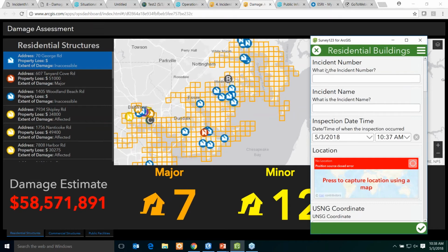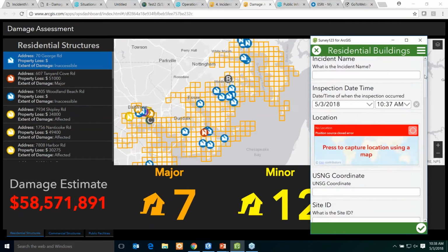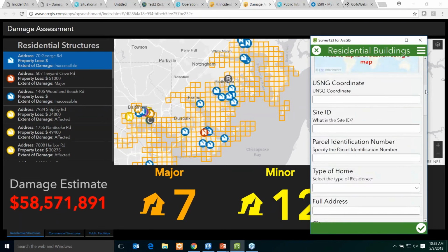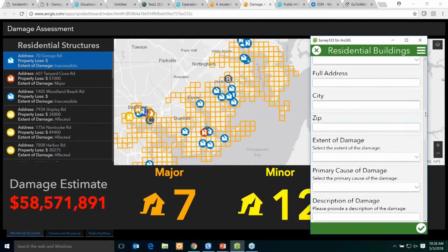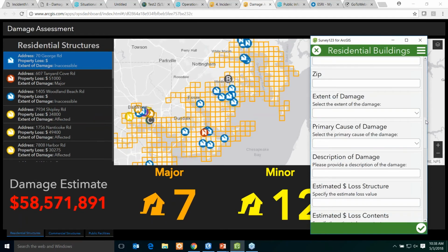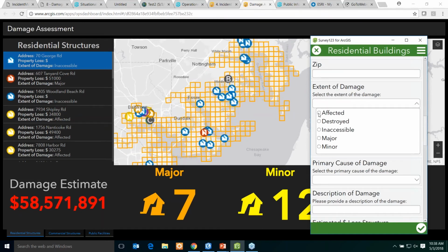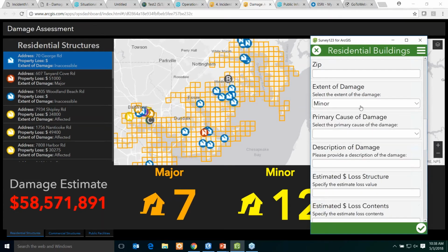And in this case, I can provide the incident number, the incident name, the inspection date and time, which is pulled directly from my device. In this case, I'm showing it to you on my laptop, but obviously it is an application intended to work from the field. I've got site information. If I happen to have parcel information or valuation information, I can utilize that. And I can begin to select information about what's going on in the particular area. I can indicate, based on my assessment, that the facility or location that I'm looking at has a minor